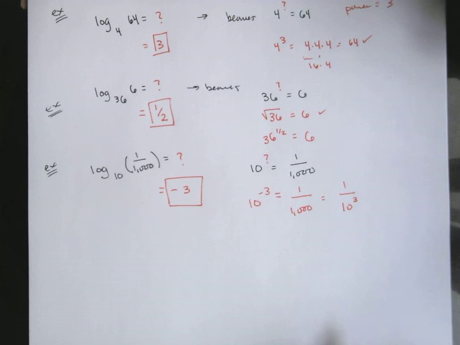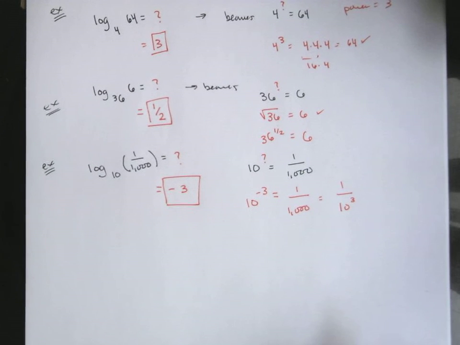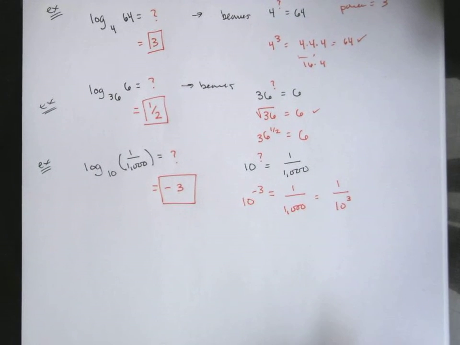You could imagine in theory we could do versions of this where we don't necessarily have a nice relationship between the two, in which case you don't necessarily get a great power. That's fine. Those are sort of calculator type problems. Your calculator can crunch it in a pinch. We're going to be focusing on the nice values because we're not really using calculators too much for our in-class work. Certainly on tests and quizzes, we'll be just looking at standard,